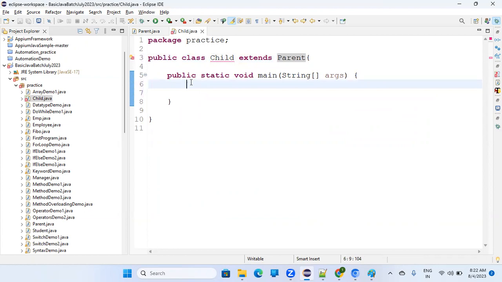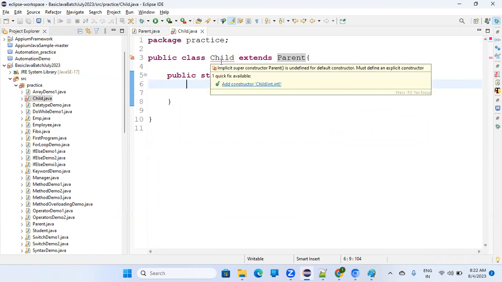That's perfectly fine. But when I'm writing this, it says: implicit super constructor parent is undefined for default constructor, must define an explicit constructor. So it's saying that you add a constructor